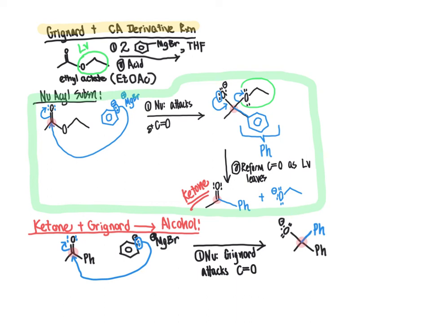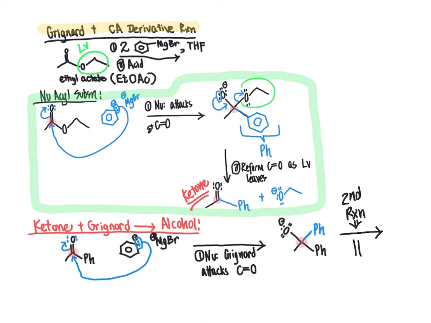And so unlike nucleophilic acyl substitution, where after we did the nucleophilic attack up top here in the green box, we then had a leaving group leave as the carbonyl reformed, we can't do that anymore with this particular stage we have gotten to because all we have are carbon-carbon bonds there. We can't break carbon-carbon or carbon-hydrogen bonds in these reactions. And so what's going to happen then is that this intermediate is just going to hang out in solution until you do the second reaction, the second reagent that we add,